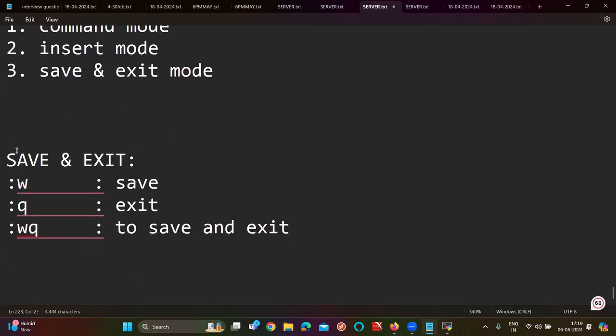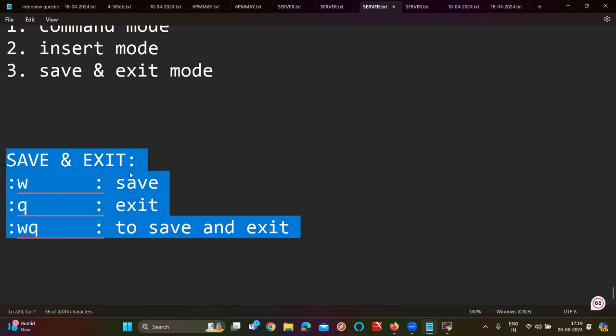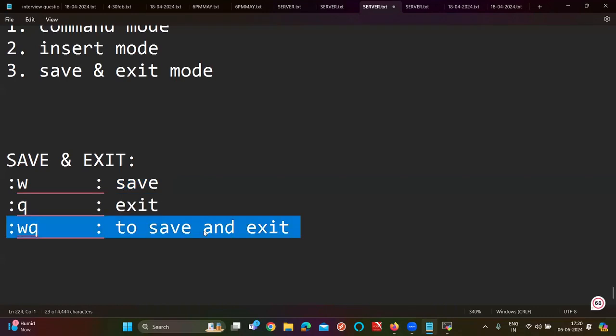Fine. So is the save and exit mode clear for all of you? What is the command to save? :w. What is the command to exit? :q. But if I want to save and exit, both